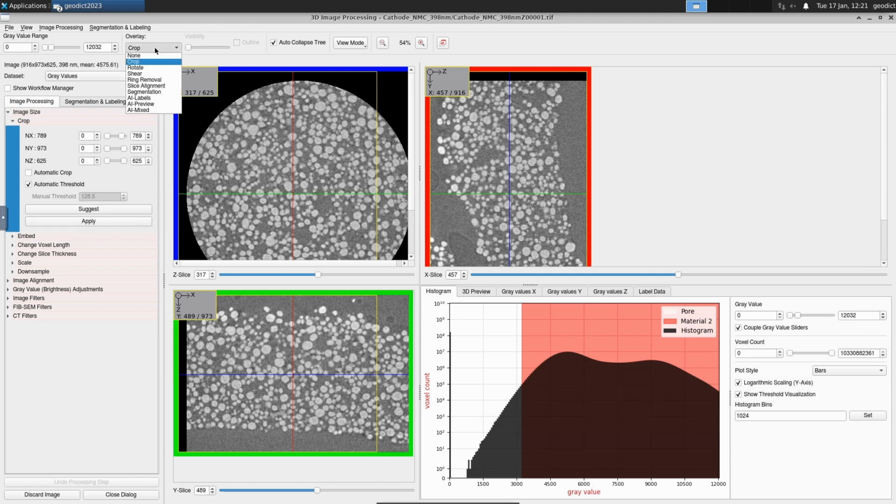We could also switch back to segmentation and the yellow line disappears. I switch back to crop because this is what we want to see now. And the yellow line indicates how the structure is cropped. And we can either change it with the sliders, as I have already shown, or you could also pick it up with the mouse and drag it.